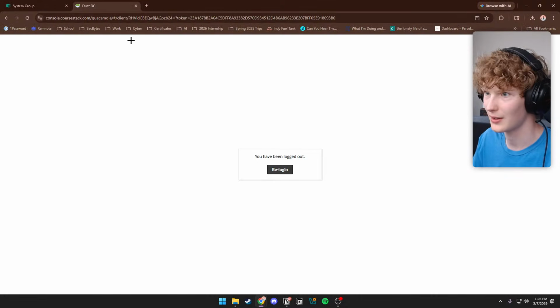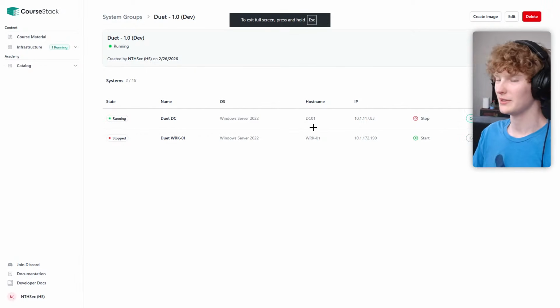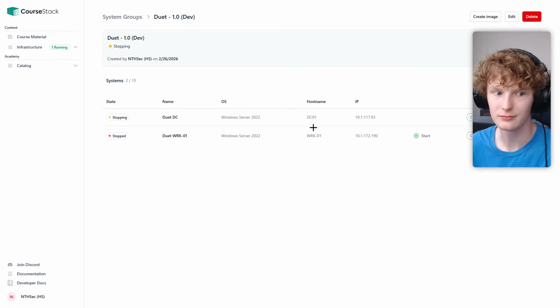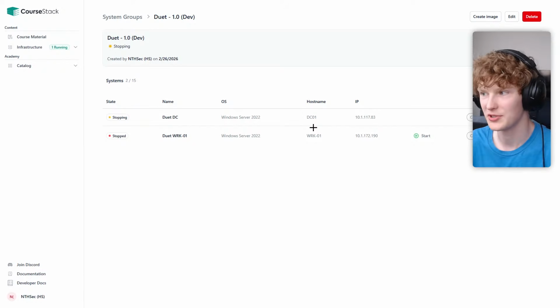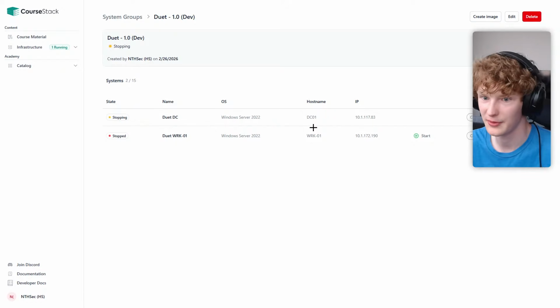Okay, I'm just going to rebuild this machine. It's not being nice. That's fine. So stop this. I'm going to delete it and then I'll make a new domain controller. Yeah, I'd say 100% use WinPeas, use LinPeas in the OSCP. They're great tools.